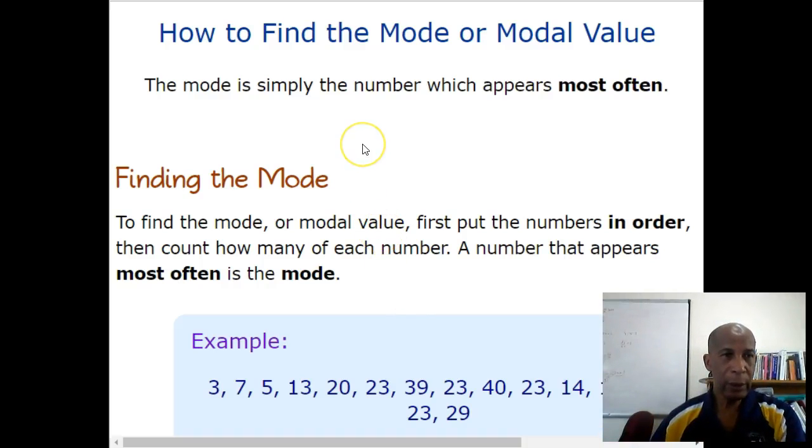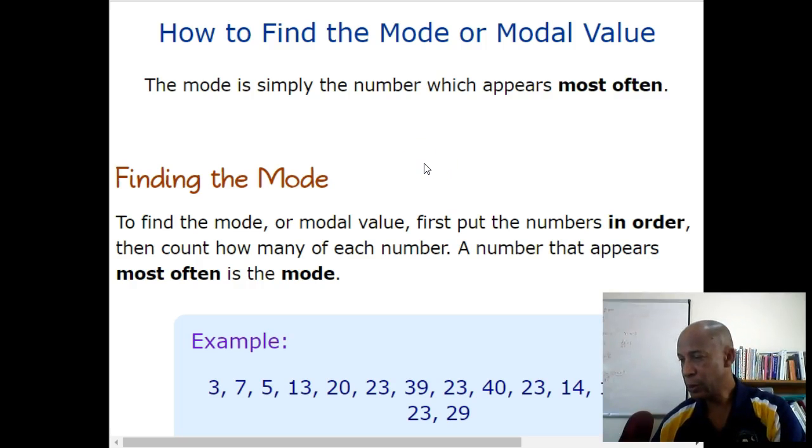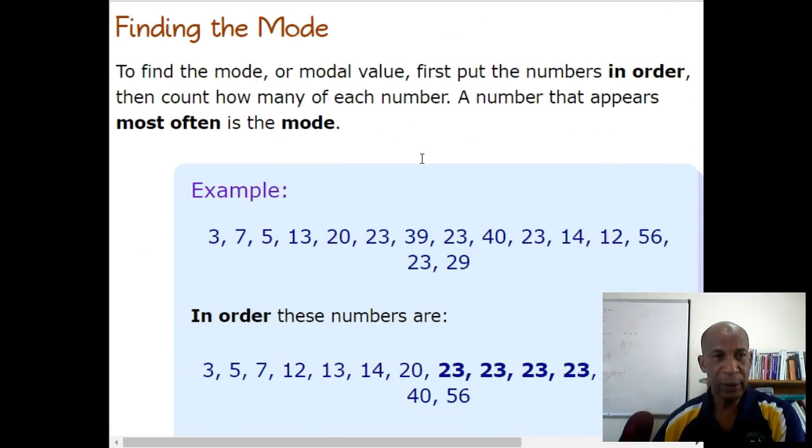Today we look at the way we find the mode or modal value. The mode is simply the number that occurs most often. The mode of a set of data is that value of the variable that occurs most often. For instance, if we were to take a look at this example here, to find the modal value, first we